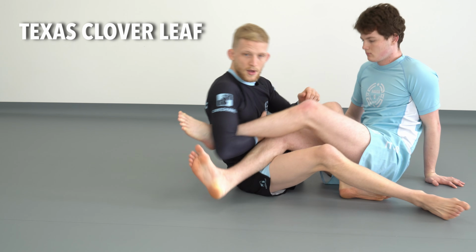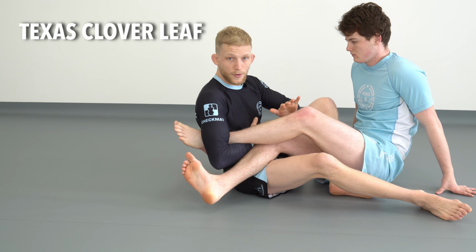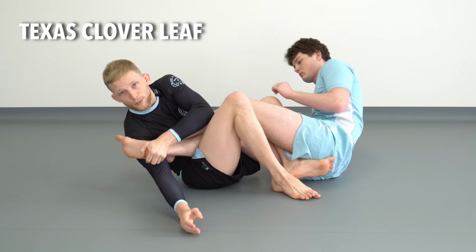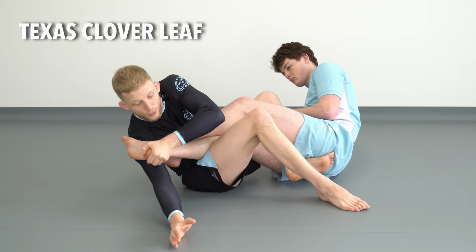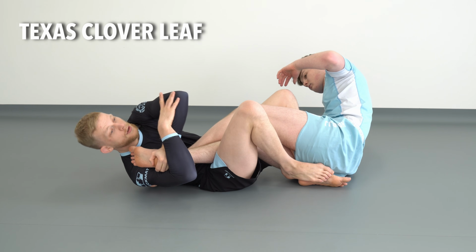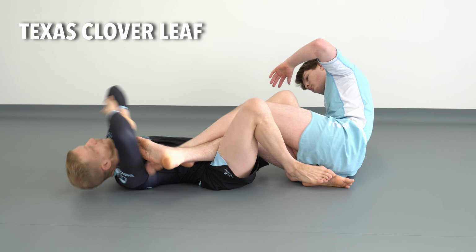I'll do that one more time. So Texas cloverleaf, we're in double trouble, cross ashi. From here, we want to reach as deep as we can, and then we hold the heel. Don't go here, go all the way deep, then reach. Now I want my middle finger, my elbow, and his big toe all pointing over my shoulder to get the